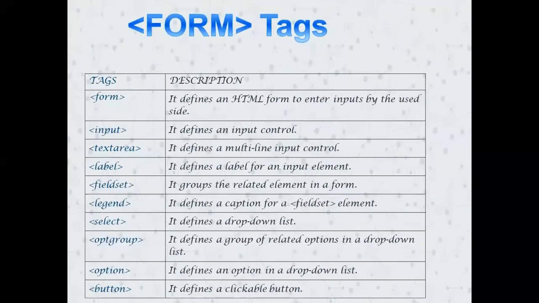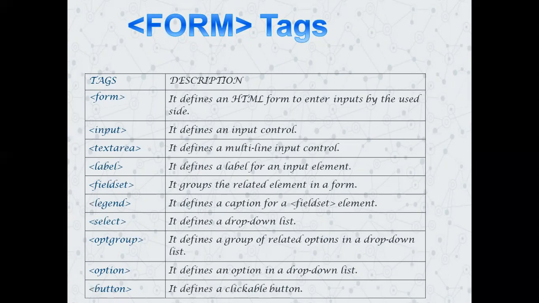Let me start with form tags. First of all, when you create a form tag, it will be considered first as a form because it defines what inputs you are presenting and what controls you will be placing on it. Afterward, the other tags, that is the input tag, where the control is placed. Then the textarea tag, where you have multiple lines, so you can add an address, a comment, feedback, and so on. But the input tag works with the controls.